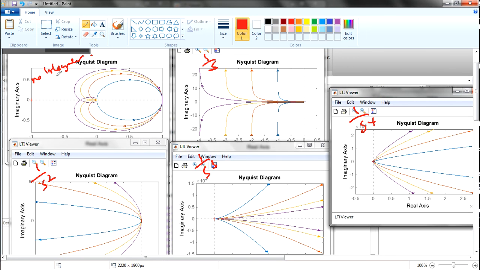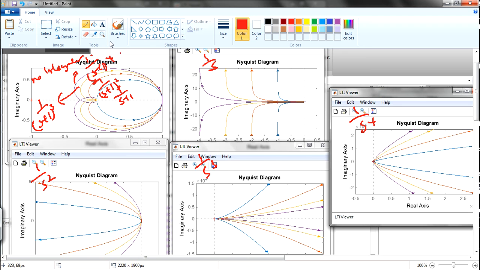Okay, if you have no integrator, let's say this blue line, it's 1, and then this line. So whatever is over here is the omega equals 0 to infinity. Then whatever is over here is omega equals 0 to minus infinity. Okay, so that's to show you. And then this one is 1 plus s plus 1 squared, and then this one is 1 plus s plus 1 cubed, and then the last one is 1 over s